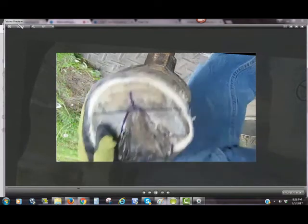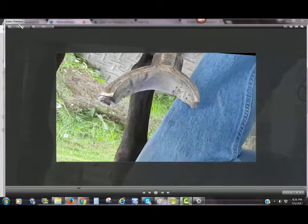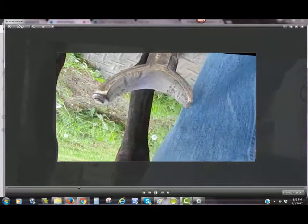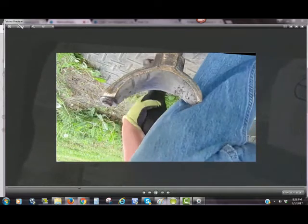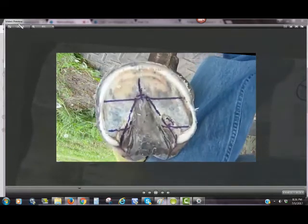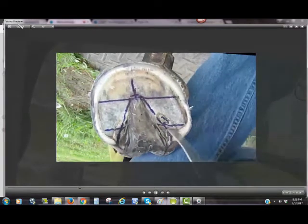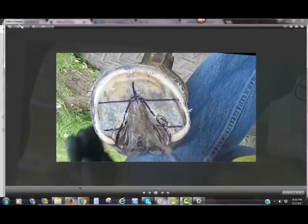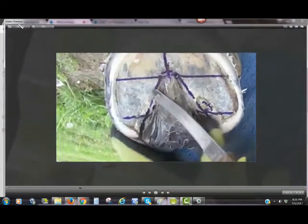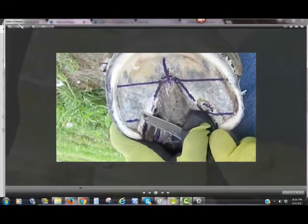Okay, now we're going to do the bars. Now the bars should not bear weight, and you want them to taper down and end right in here. So I'm going to come over here and just